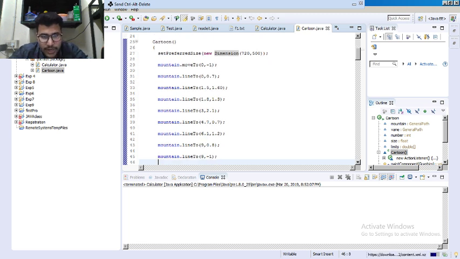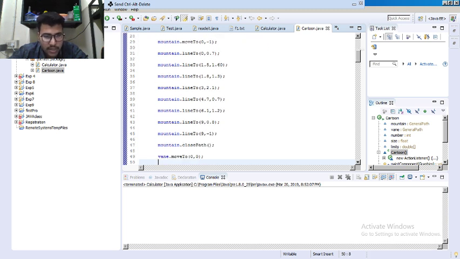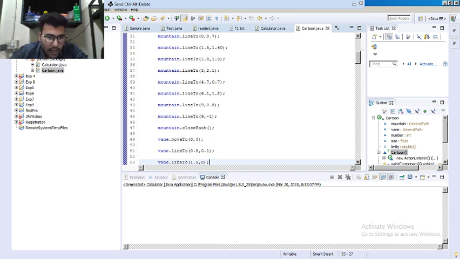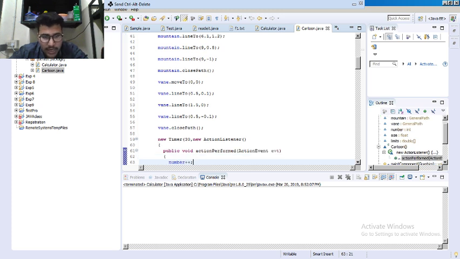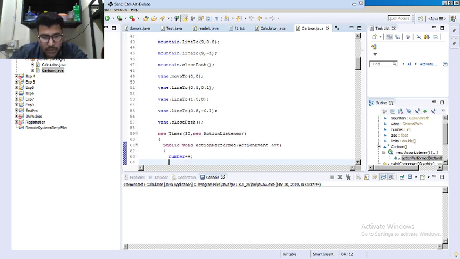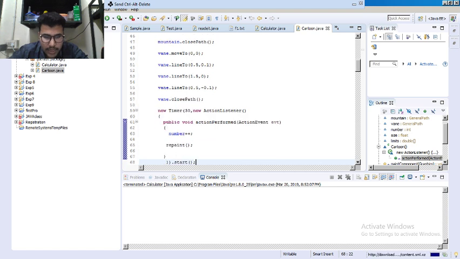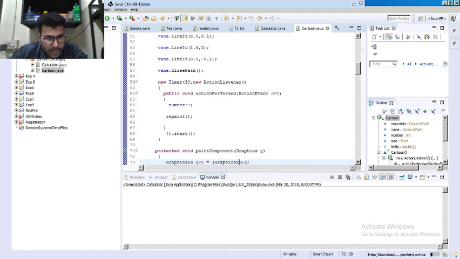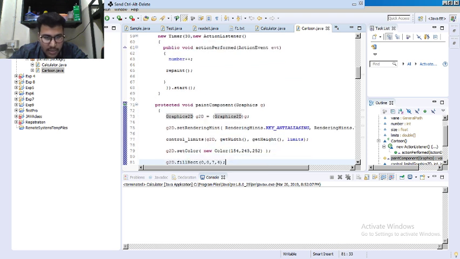I initialize the coordinates for the moveTo and lineTo. Similarly, then I close the path such that it creates the mountain of the animation. And for the vein, I had similarly created it and initialized the values. Then I create a timer, such that it gives the time duration for the windmills to move. Then I had initialized the repaint function. Then it will start. Then in the paintComponent, using G2D, I had rendered the hints as well as I